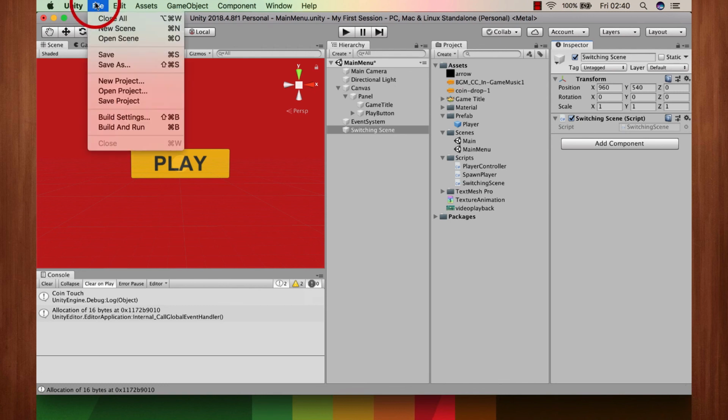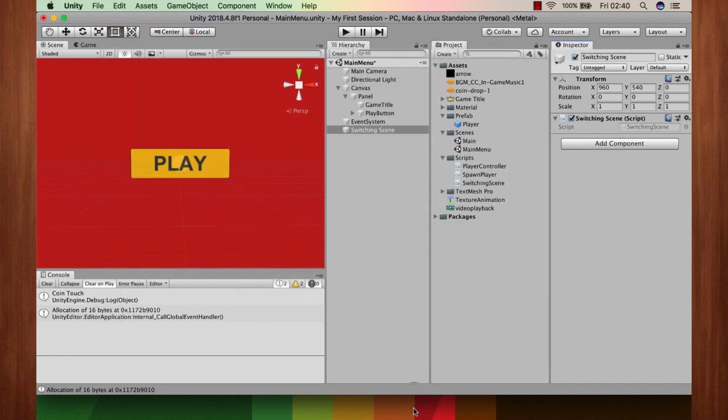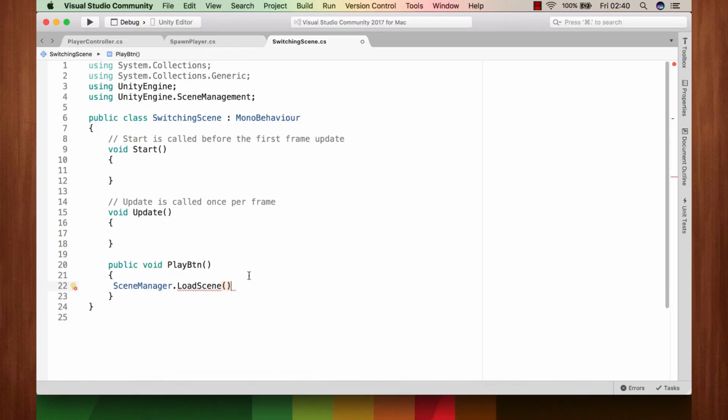So you can see, either you can call it with this name, main menu or main, or you can call it with the integer value 0 or 1. So right now we are on 0, and if we press the play button we should be on 1. So what we are going to do is call that number over here, 1,